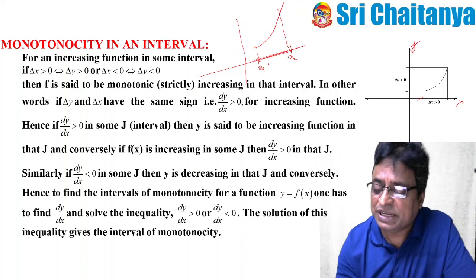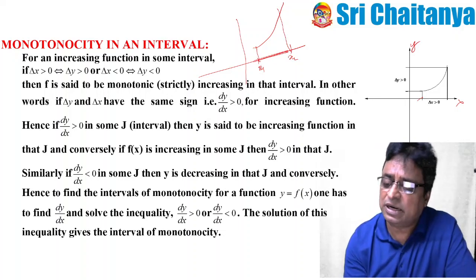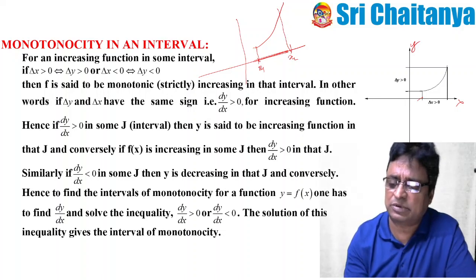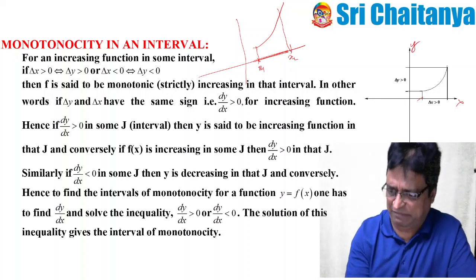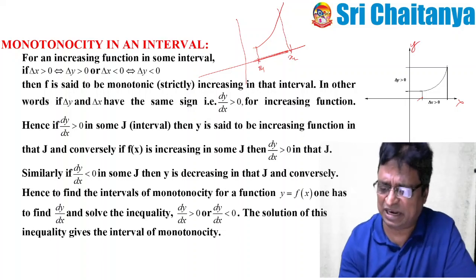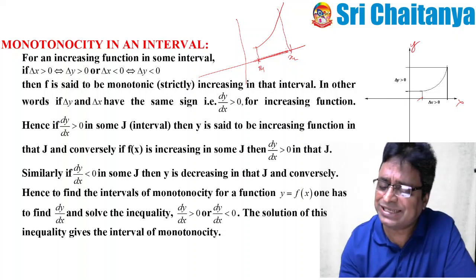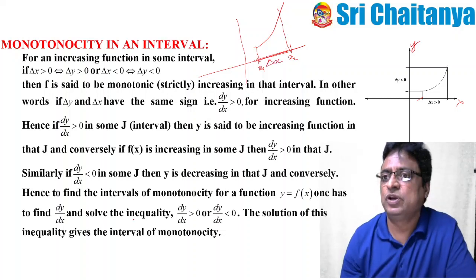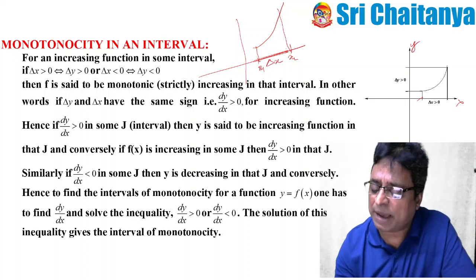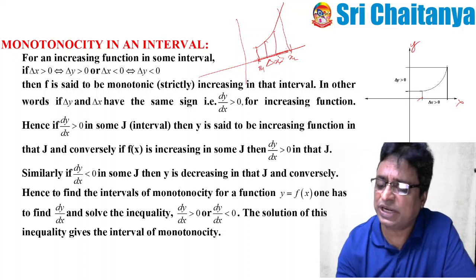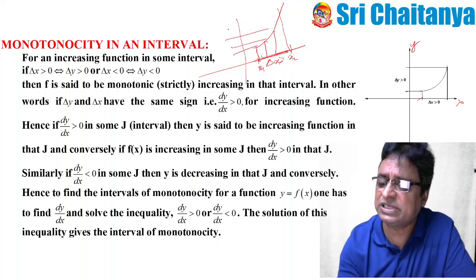But if the points lie at some variable distance, then I can represent the points like this. If they are very close to one another, then that smallest difference between these two points I can represent with delta x. So here, when I am approaching this point to here, my delta x is increasing. Simultaneously, my delta y is also increasing.